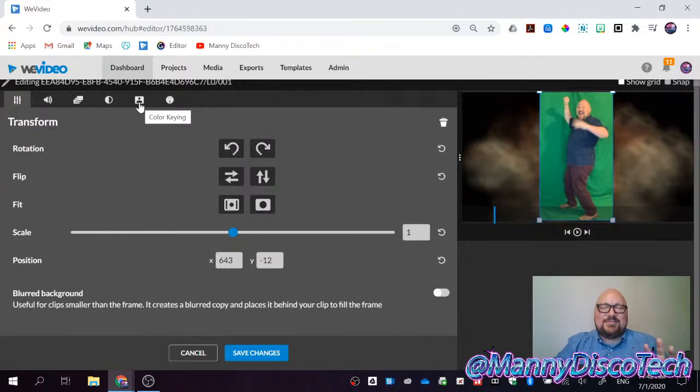So color keying is just the actual name for green screen, or removing the screen, and it doesn't have to be green. It could also be blue. The reason they pick blue or green is because the color of our skin does not have blue pigments or green pigments. We have all kinds of colors in our skin except for green and blue. So yes, you can use other colors, but depending on the lighting and depending on your skin, some of my coworkers are really pale, and some colors work for them and some colors don't work for me. And that is just the way it is.